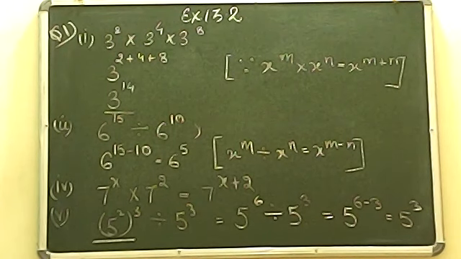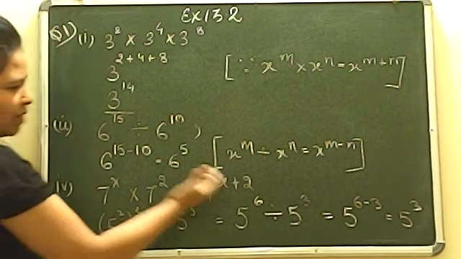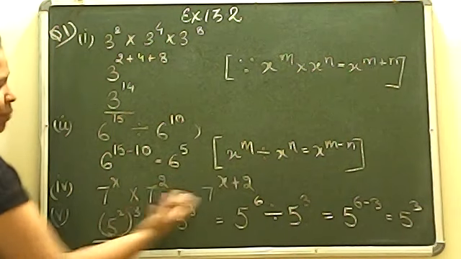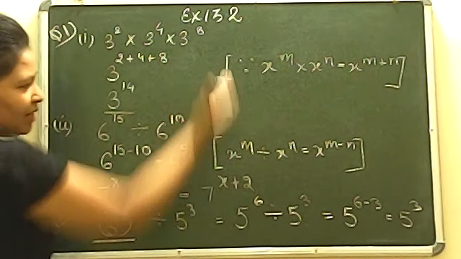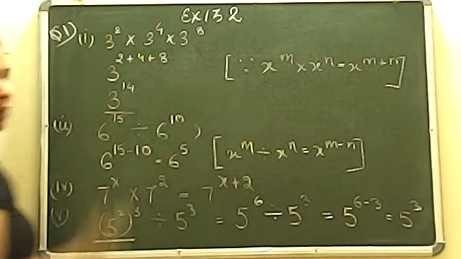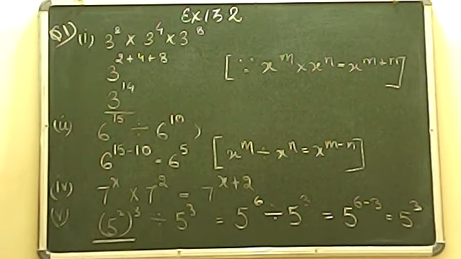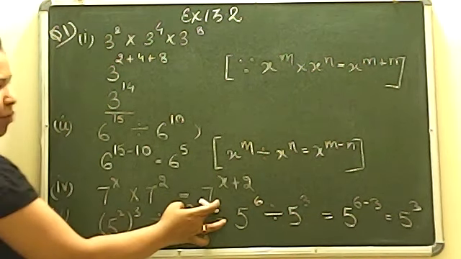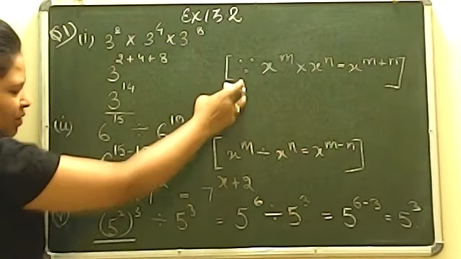Okay, so students, tell me now, till question number 5, I think you will not be having any problem. Is it fine? Should we come? We will be writing it, but beta, I am thinking that you people will write it down by your own, because in each and every question I am using the same law. So I have written and told you that this way we will do it, but you should apply it, no? That like in this question you will write down the same law, the first one.